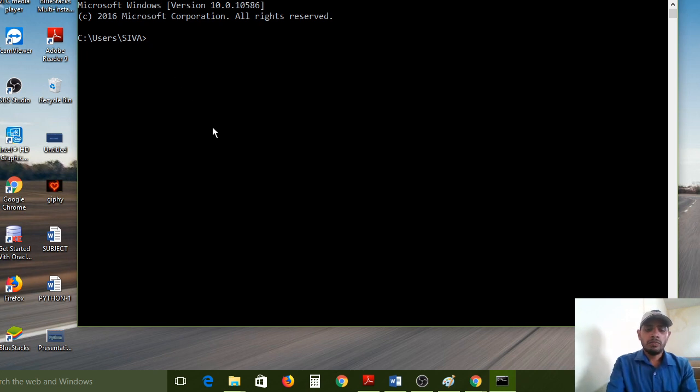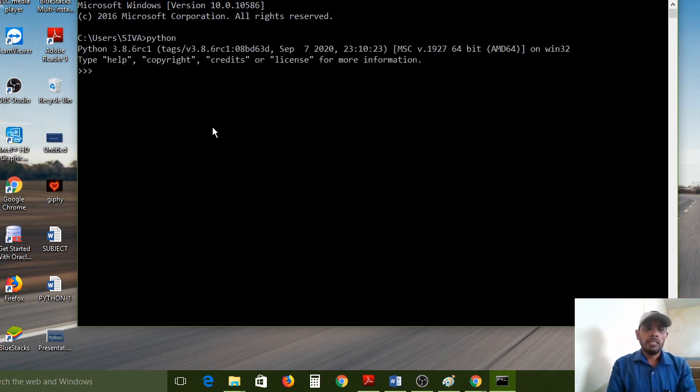In that place, if you want to open the Python shell, directly type the python command and press the enter key. Immediately it will connect to the Python shell. So now it is open. All of you look at the screen, command prompt hyphen Python. So it has connected to the Python shell. That is the meaning of this window.